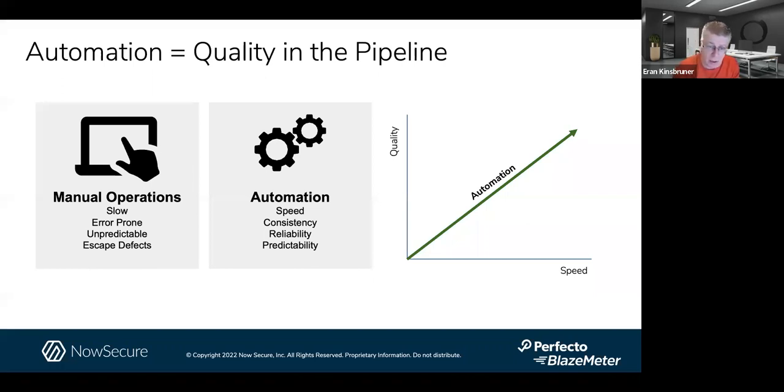iOS 16 is no longer supported on iPhone 7, 7 Plus, 6S, 6S Plus, iPad Mini 4. I can name like 10 devices which were terminated with iOS 16, which means they are stuck on iOS 15 forever or until they are dying, which means scalability, consistency, everything that is written here with automation, it really helps you drive quality, obviously, much faster.